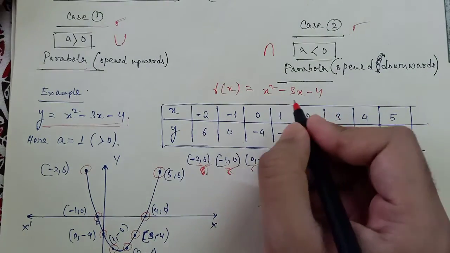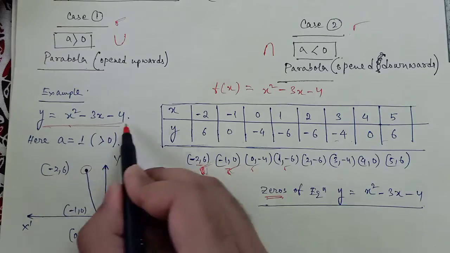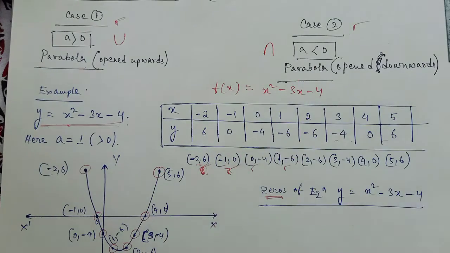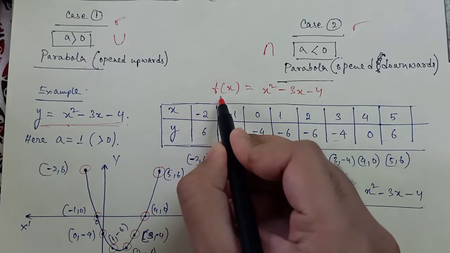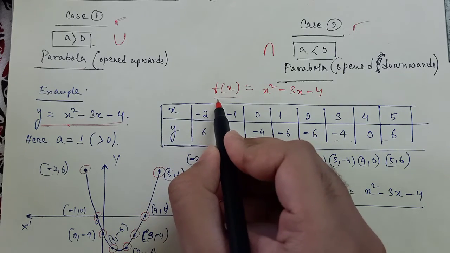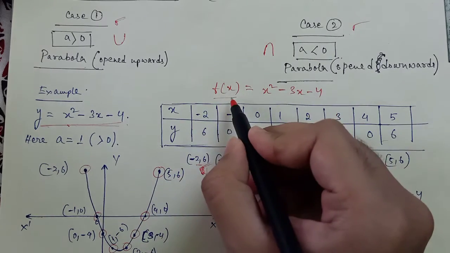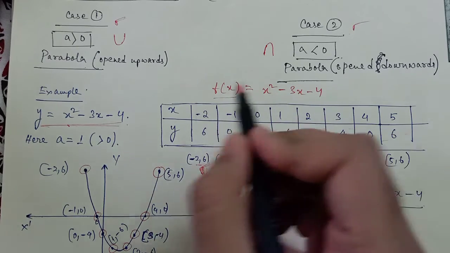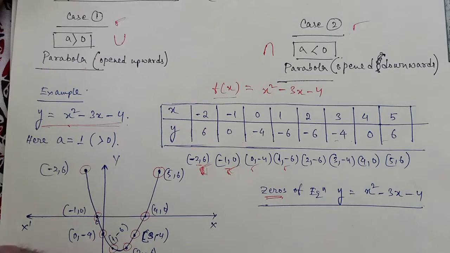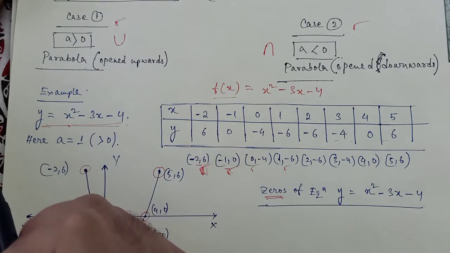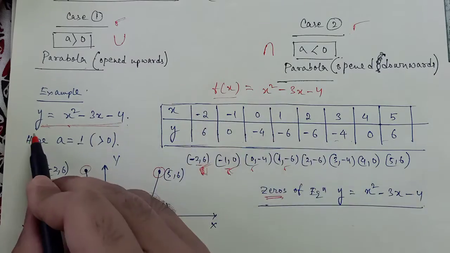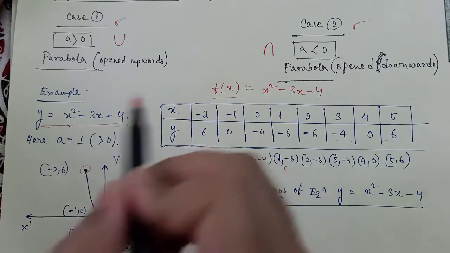So in this case I am taking this polynomial, that is this one. See students, first of all let me clear a thing: I am writing here f(x), that is, we generally denote polynomials like this. I'm writing here f(x), but I have written here y. So what is this basically? This is not to be confused: y means f(x).